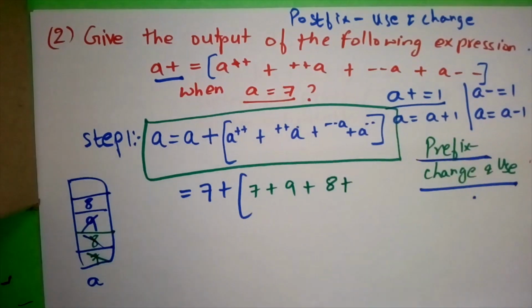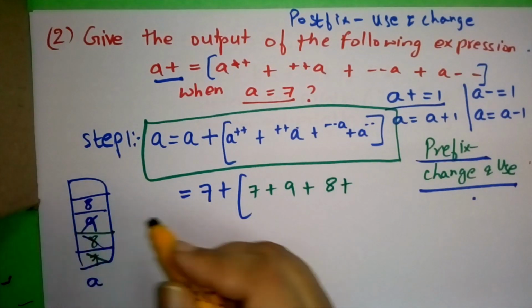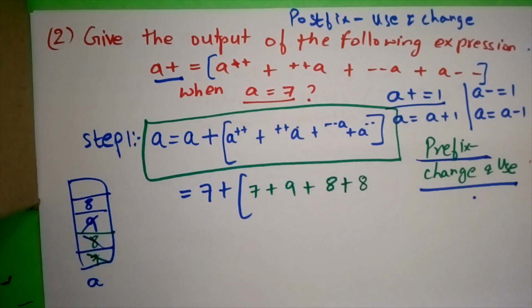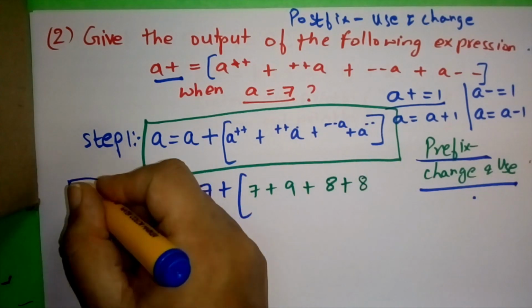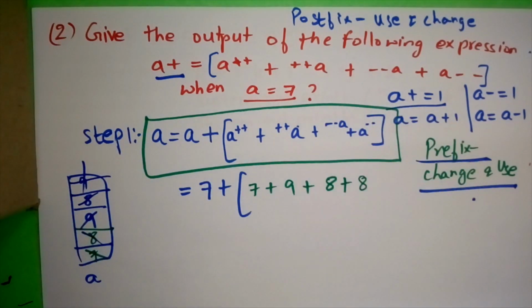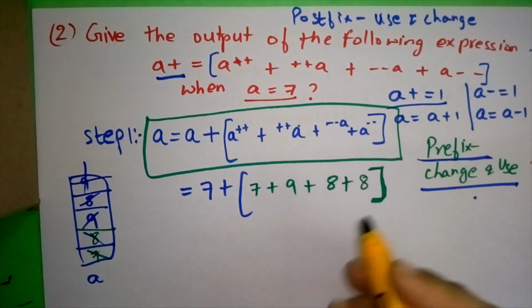So here it is again postfix. So we don't need to do anything here. We need to take this value and put the value of 8 here. And then this would have actually changed to 9. But we are not interested in this value because there are no terms here. Okay. And now let us see what is the answer we are getting.